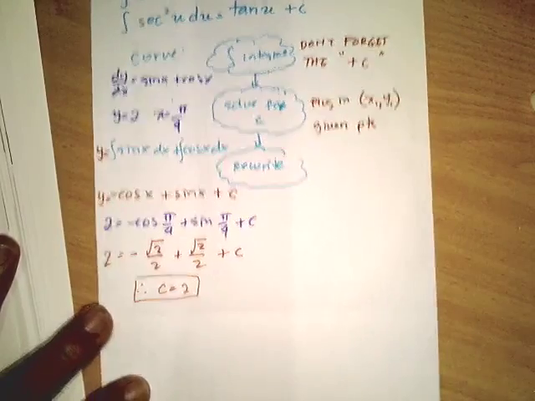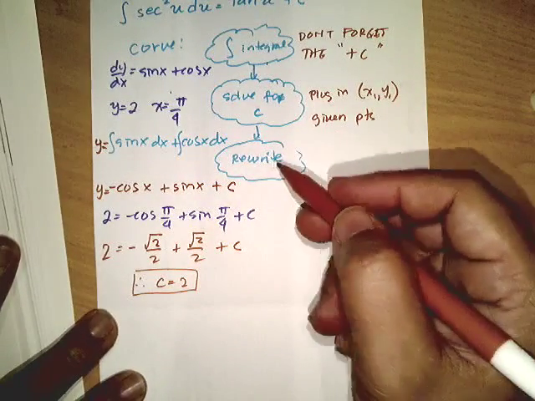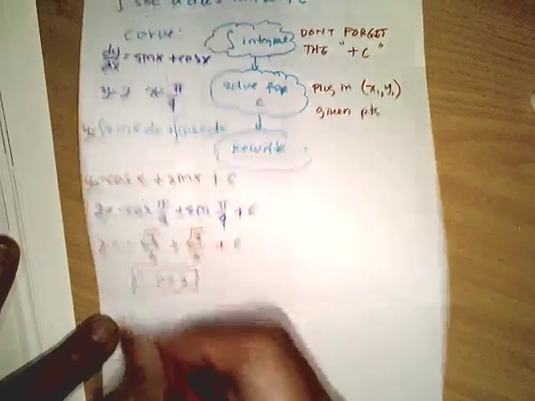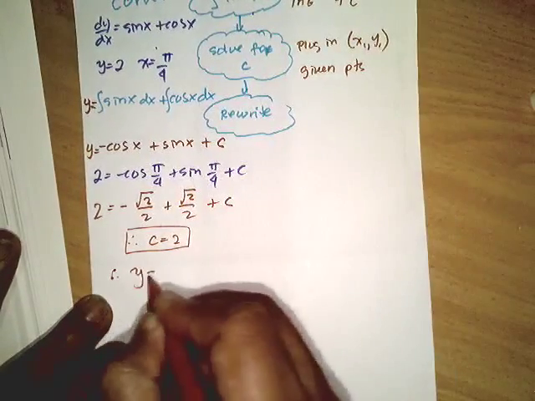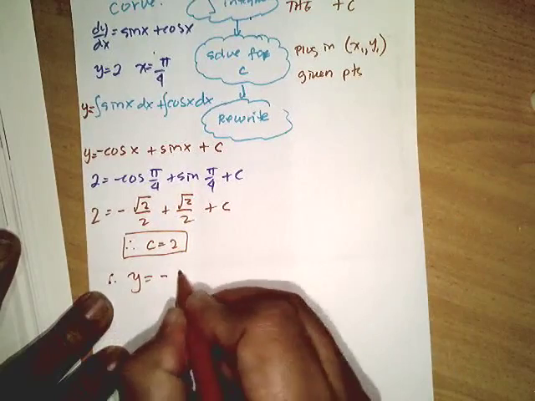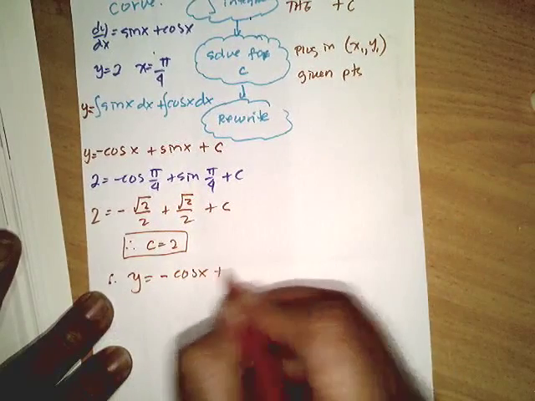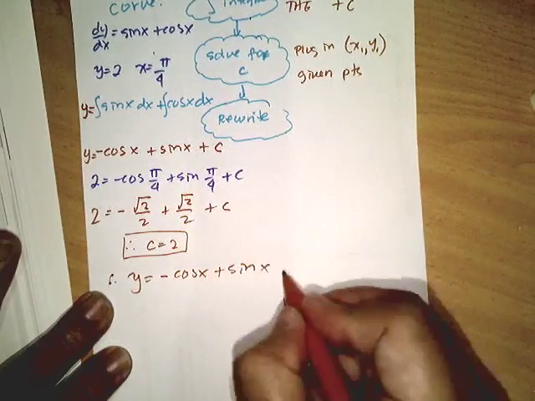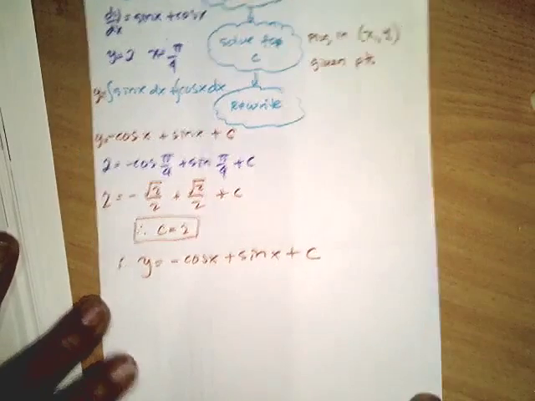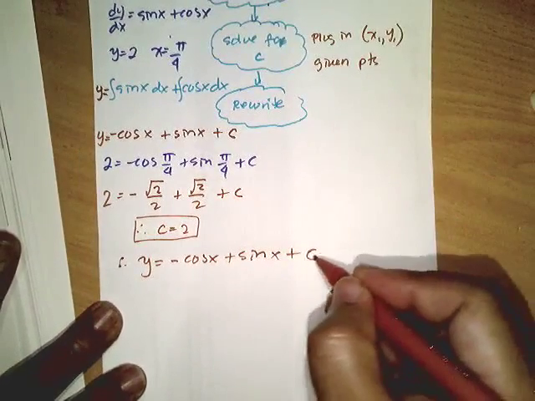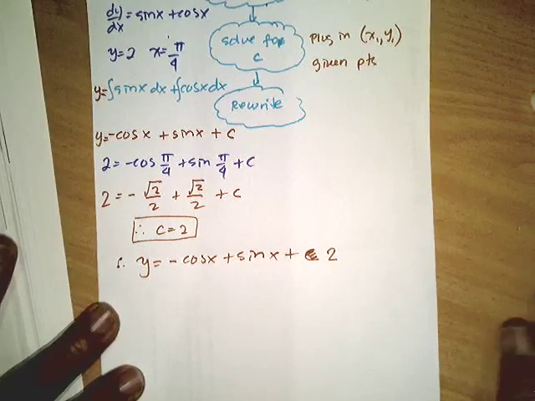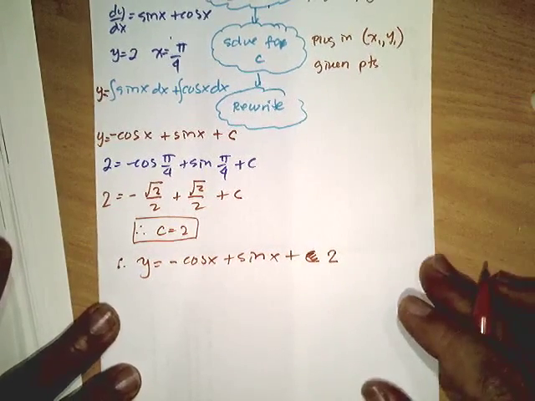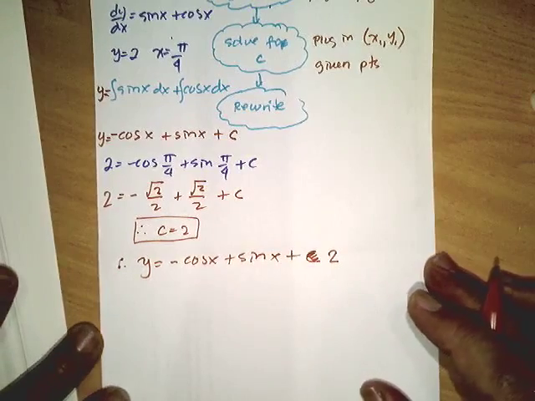Then the third step is to rewrite. So the final answer is y equals negative cosine x plus sine x plus c. I'm sorry, your c is equal to 2, so let's put there plus 2. Okay. So I'm going to give you more examples on the next